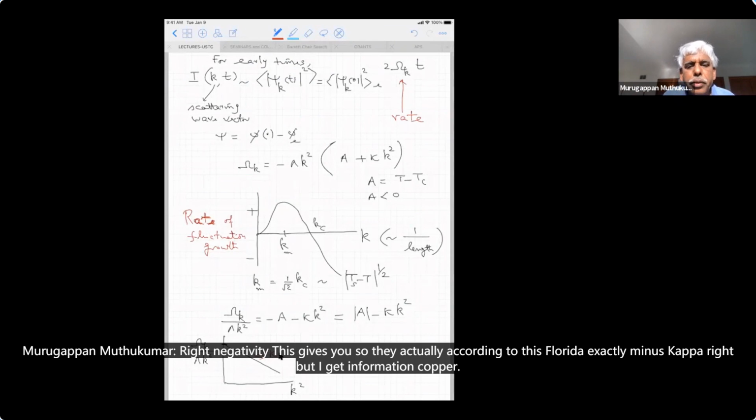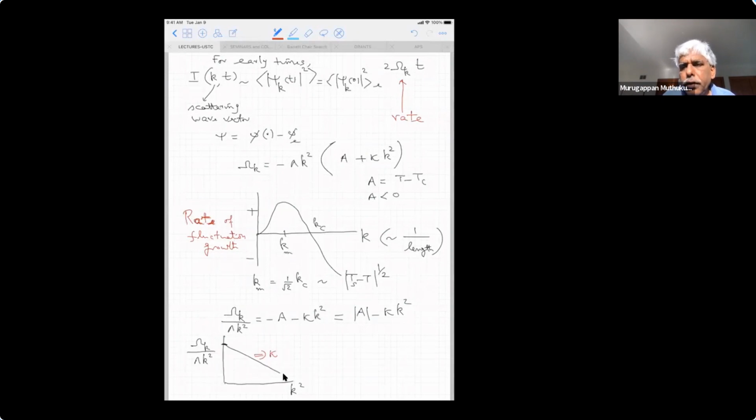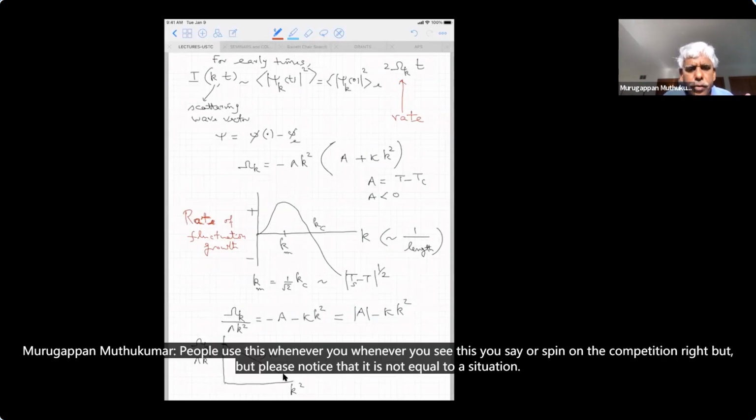I get the information about kappa, but the important thing is that the rate divided by k squared, plotted as a function of k squared, is a straight line like this. This is a symptom of spinodal decomposition. Whenever you see this, you say, "Oh, it's spinodal decomposition." But please notice that this is not equal to a situation